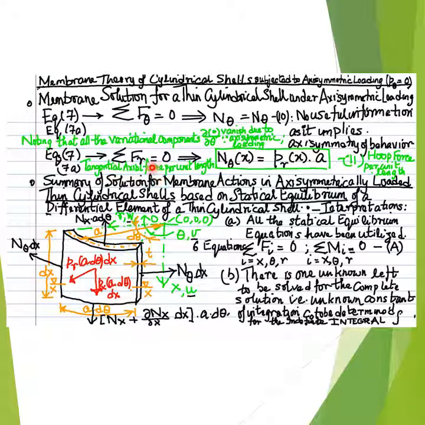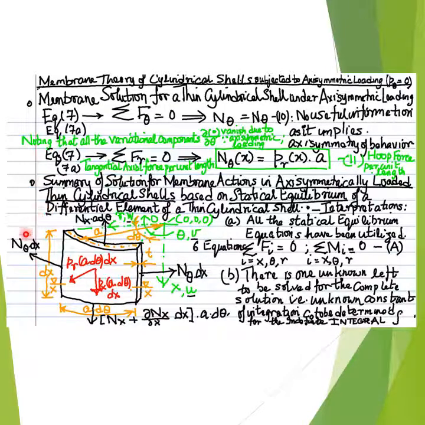Continuing further, examining the simplified state of internal actions as depicted by the figure of a differential thin cylindrical shell element presented in the current slide, the state of internal actions that results in the differential thin cylindrical shell element after the application of assumption number 1, that is the assumption of thin shell, and assumption number 2, that is the assumption of axisymmetry,